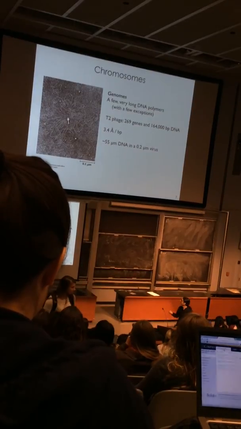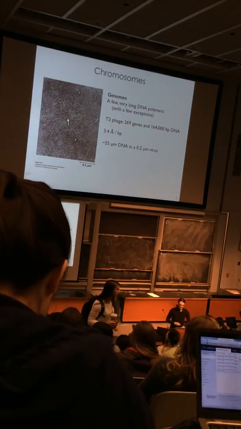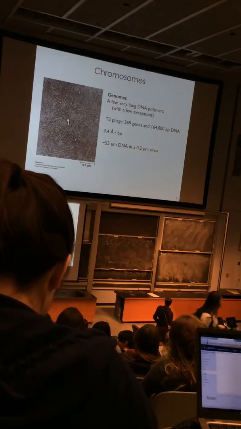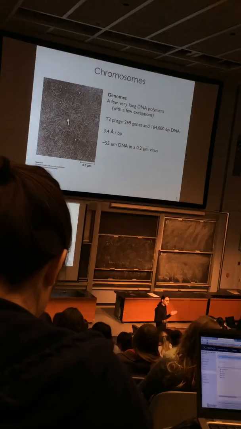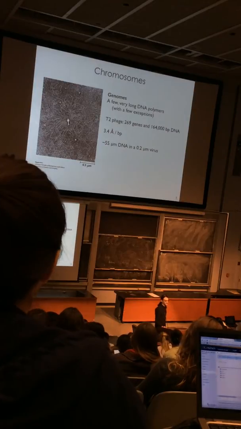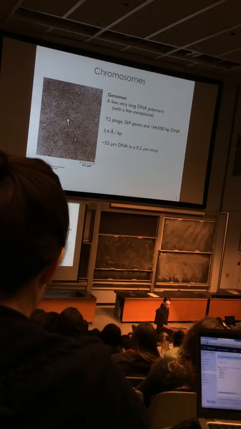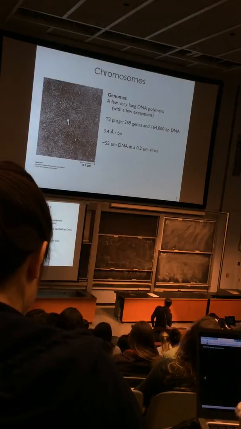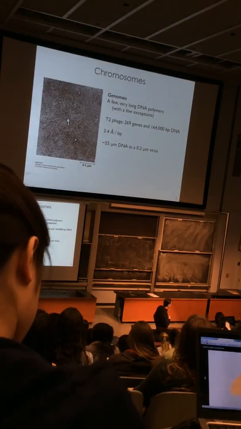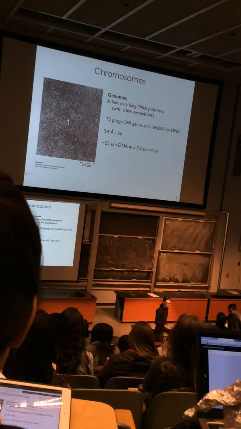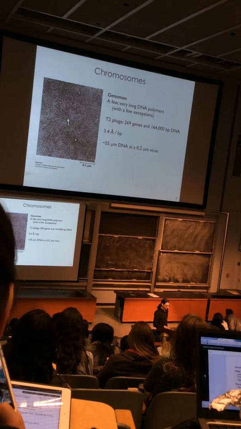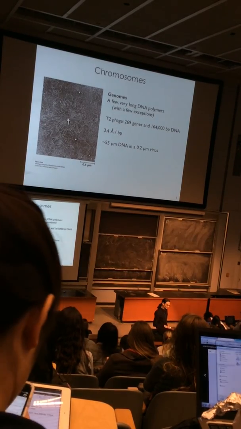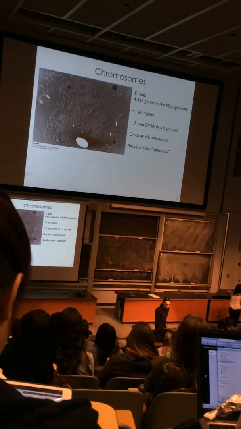And the length of DNA is typically 3.4 angstroms per base pair, and so it tells us that the genome of this virus is about 55 microns long. In a virus, you can see right here, the capsid is only about 0.2 microns in size. And this problem of packing DNA is a problem for viruses and also for cells, as an example